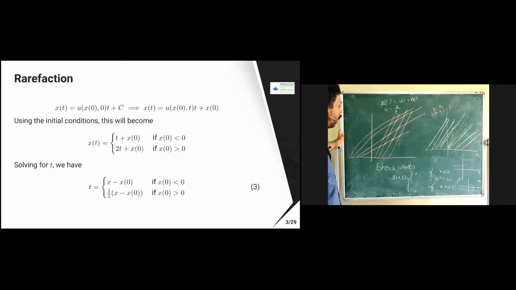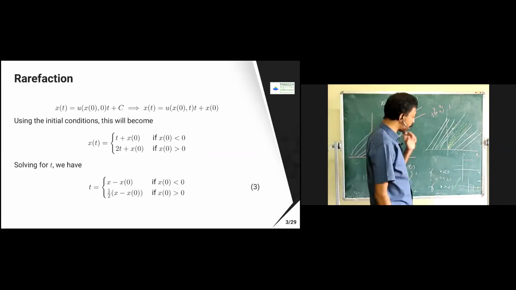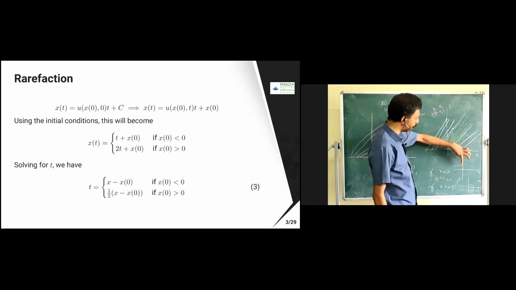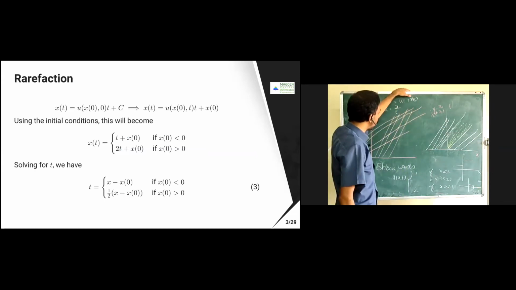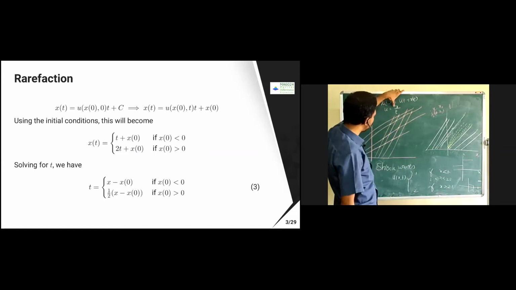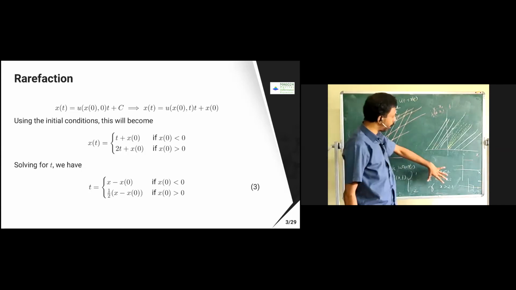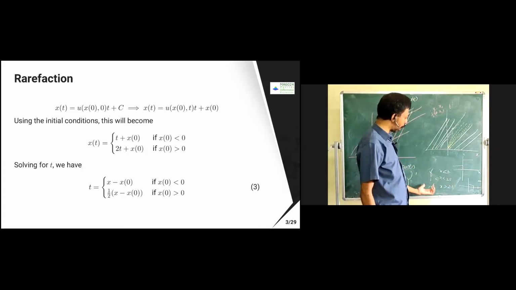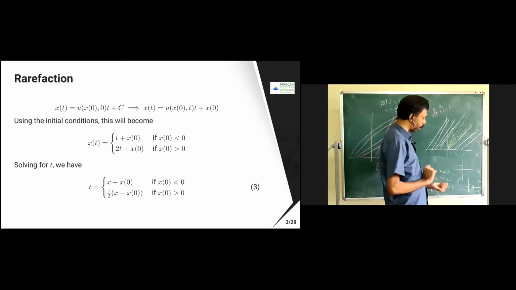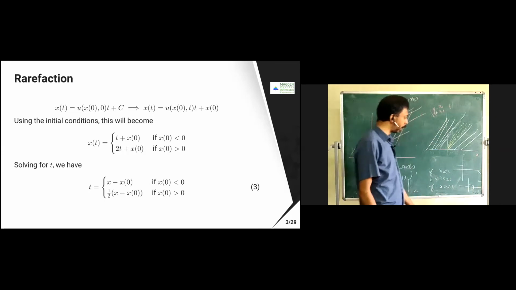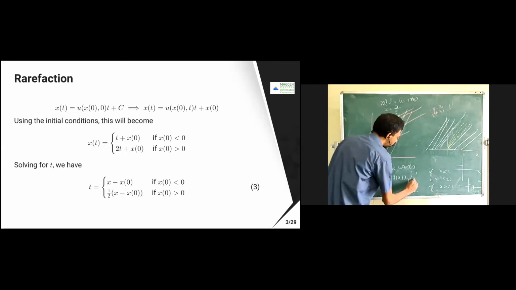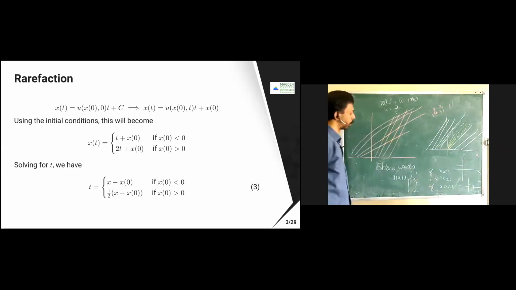Okay. So therefore, what I am going to do is that when t is less than, because our jump discontinuity is occurring at x equal to 0, right? Therefore, if I just assume x of 0 equal to 0, what I will get is an equation like u equal to x by t. So the same jump discontinuity is happening here because of that faster moving wave. Okay, we will get the gap like t comma 2t. Okay, t comma 2t is going to happen. So I am just going to pick x by t. Okay, u of x comma t equal to x by t.